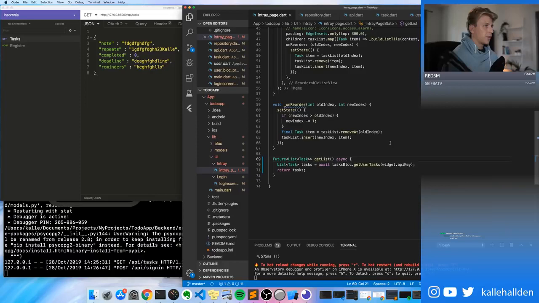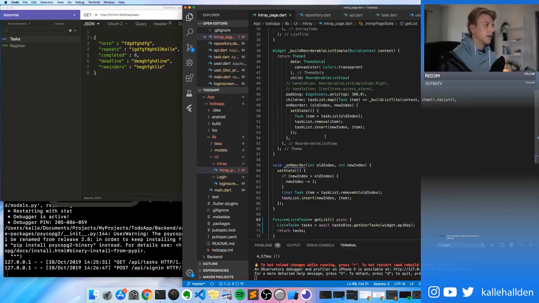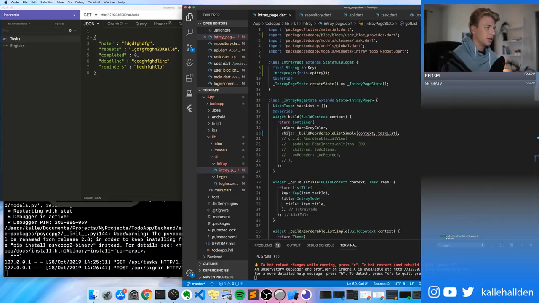Okay, I think that is how we're gonna get the tasks, and then in here we need to change this